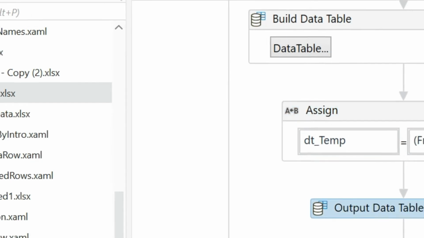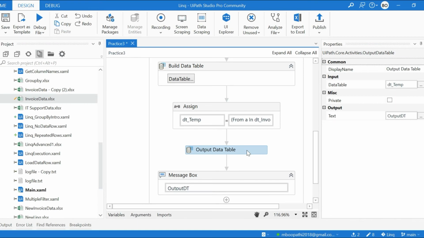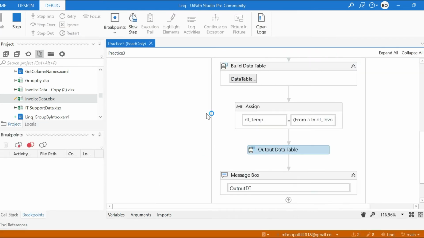I'll run. Here we have given the output data table dt_temp, and the output we are collecting in a variable output dt. Now I'll run. Let's check the value.